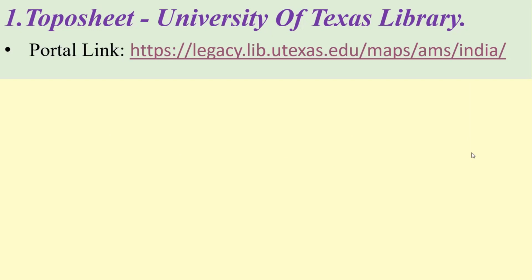I am going to discuss about few sources from where we can collect the data for our GIS work. The first one is collection of topographical sheet from University of Texas Library. This library website provides topographical sheet for entire India as well as for its neighboring countries. The maps are provided in JPG image format in the scale of 1:250,000. No registration is necessary to download maps from this website. The web link for the page is mentioned here. You can use it to open the web page.